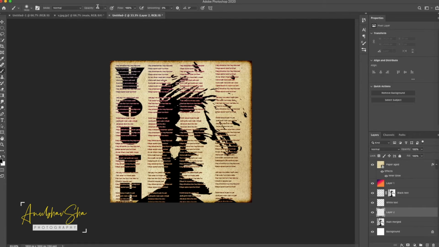And after doing it, just select the main merge layer, create another layer, select the brush tool, make opacity 4 or 5%, not more than that, and make sure the foreground color is selected as black. Decrease the brush size and select any kind of splatter brush, any effective brush, splatter, smoke, ink, and just click here and there a little bit. And we have achieved a wonderful result with it.